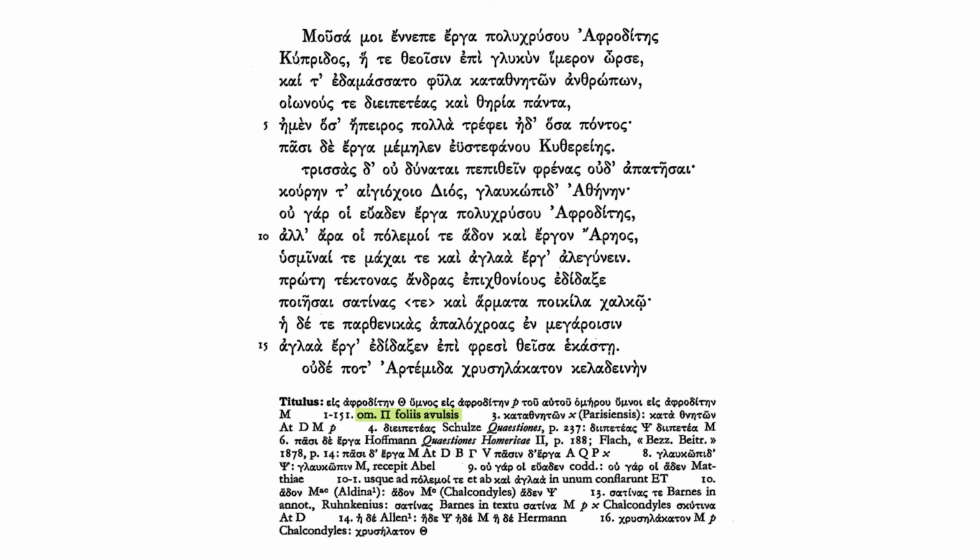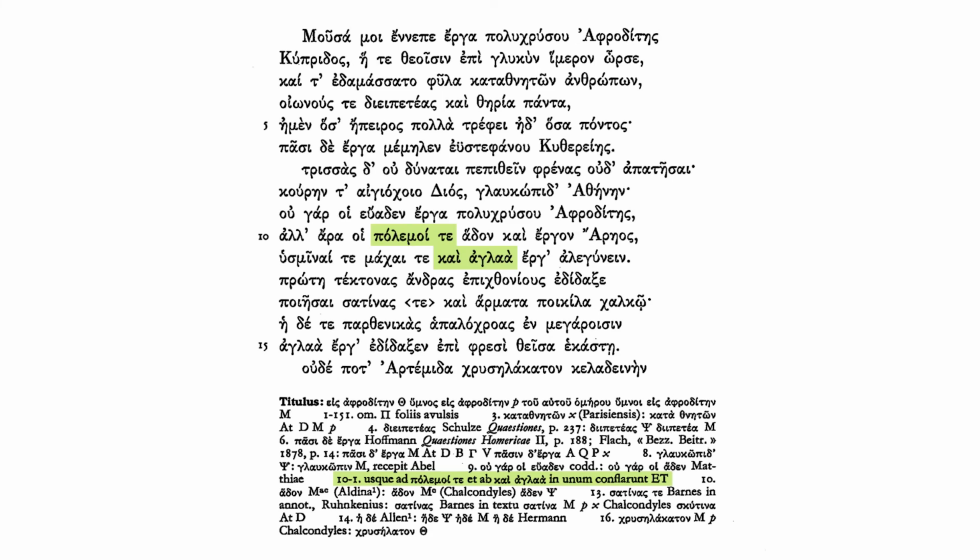Manuscript P, Greek P that is, omits all these lines. But for foliis avulsis, you'll have to brush up on your Latin ablative absolutes. This bit means because the pages got torn out. I'm not sure this is information you need in an appcrit. It's not a textual variant, but fine. I'd rather he used more basic Latin, though.